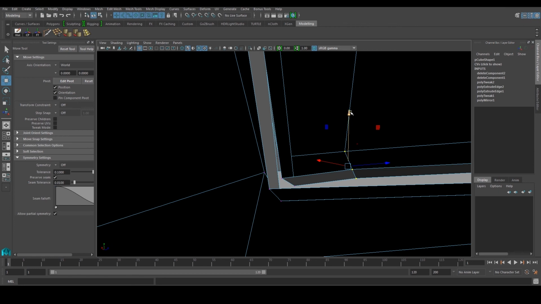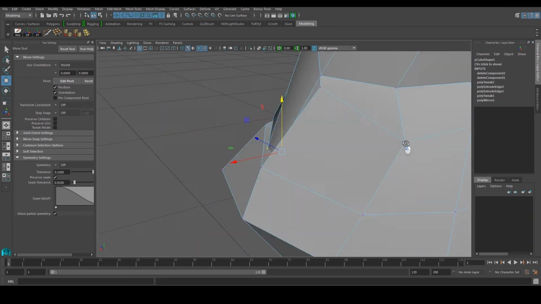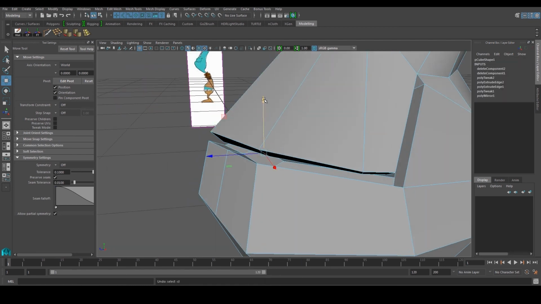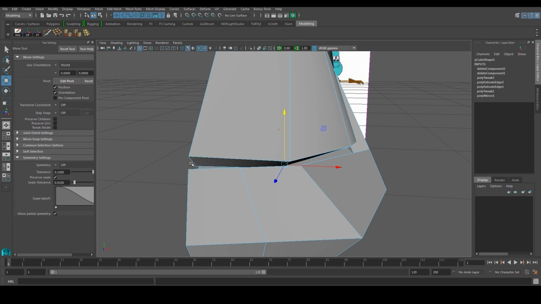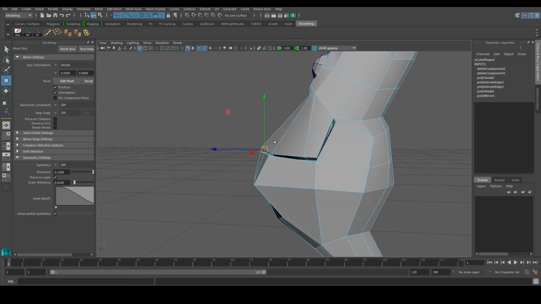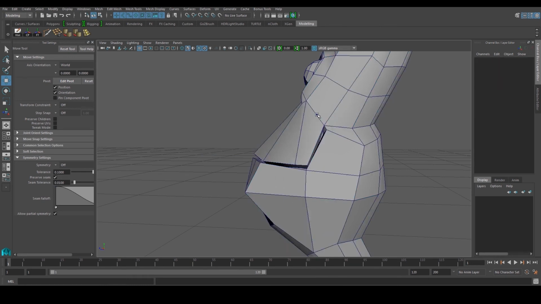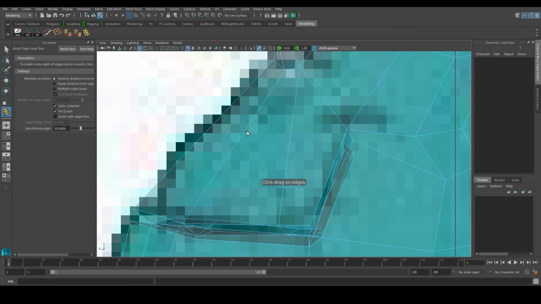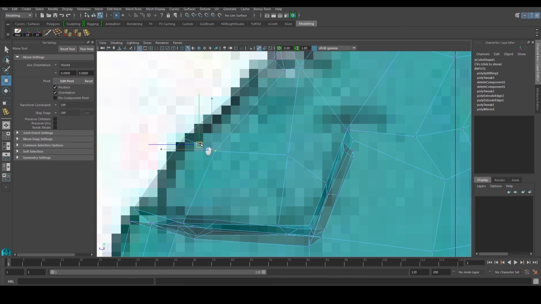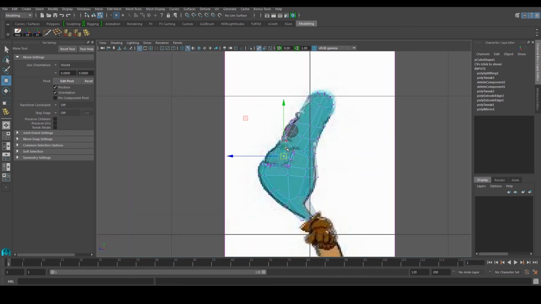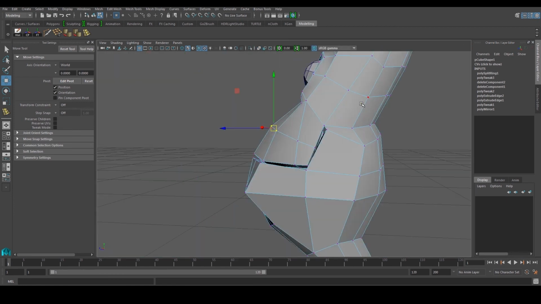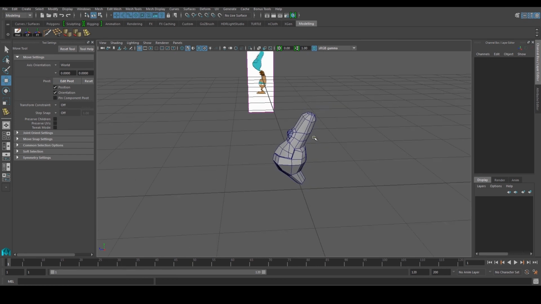Alright, imperfection is perfection, I guess. Right, so try to get it as close as we can. We get some of this edge, we can pull it down, stuff like that. Okay, so you can also use your insert edge loop tool. You put it one along this side over here, and that gives you extra vertices for you to move things along over here to make him, if you want to have a bigger nose, or if this is his nose, whatever it is.